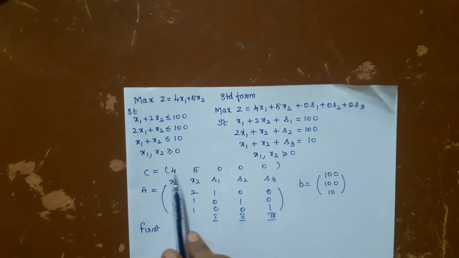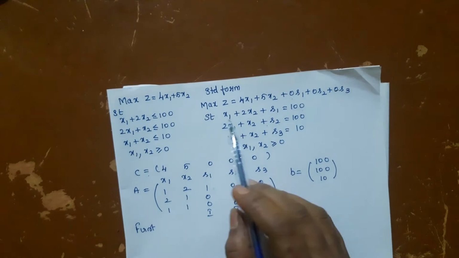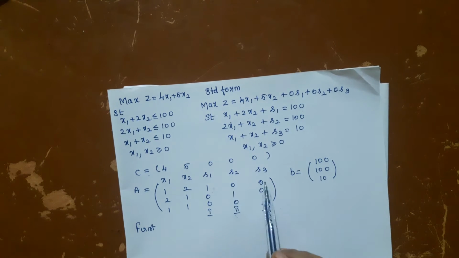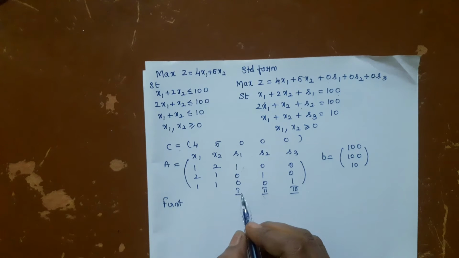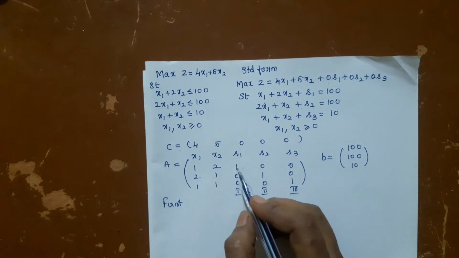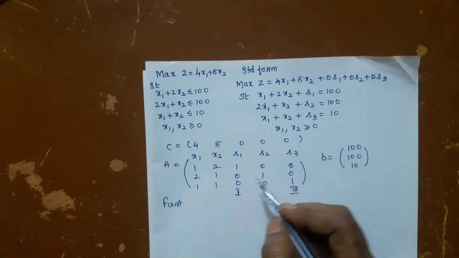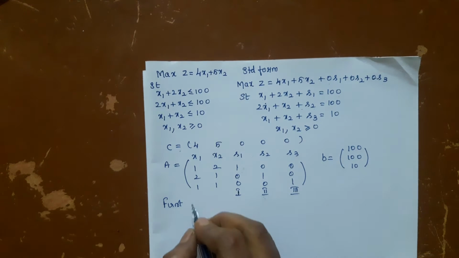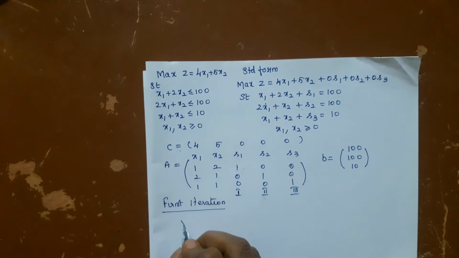Now I have written the cost vector here and the coefficient matrix. The coefficient of x1 is 1, x2 is 2, s1 is 1, s2 and s3 are 0. After writing this coefficient matrix, the variables for the initial basis are identified using the unit submatrix. So the column 1, 0, 0 corresponds to the first variable, and this column gives you the second variable, 0, 0, 1 the third variable. After doing that, go to the first iteration, our initial iteration.